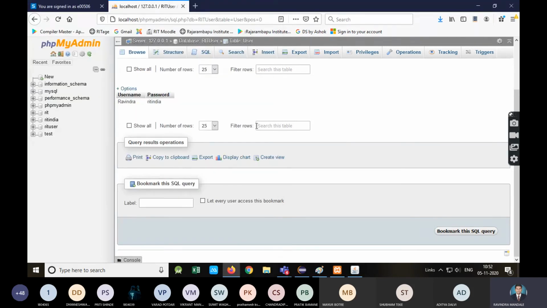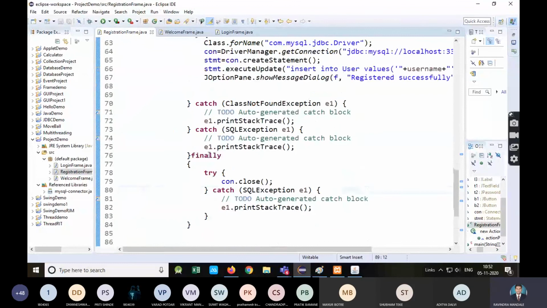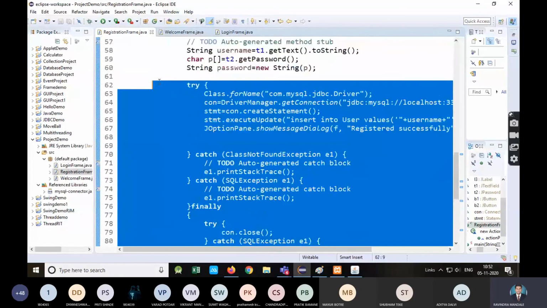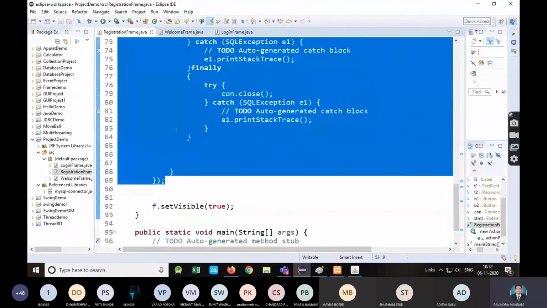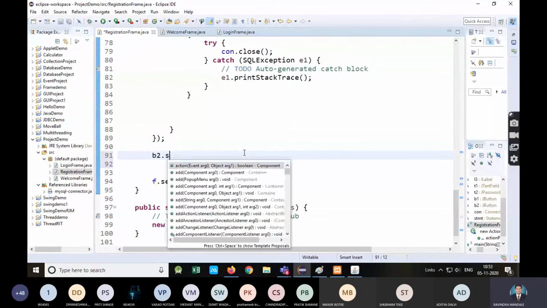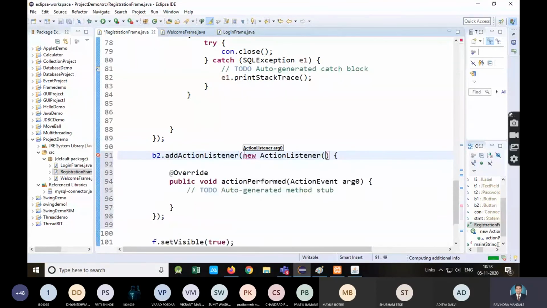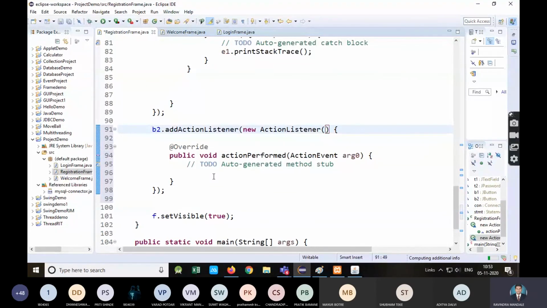Registration. Now login. Go to login part. So see, this is the coding for the B1 register button. Now we'll use B2. So b2 dot add. What is the coding for b2? What will be there in b2? Simply, if he clicks on login button, then just redirect that user to login page. Getting? So how to do that? How to do that?